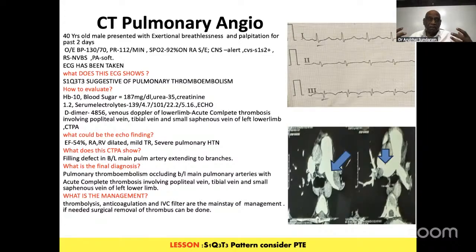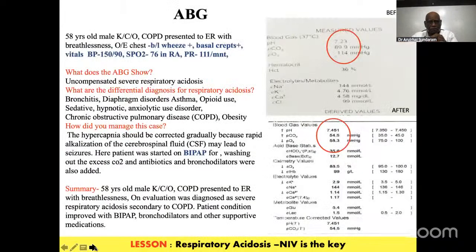If recurrent thrombi keep coming up, you'll have to put a filter in the inferior vena cava, because from the leg it comes to the IVC, and from there it goes to the right atrium and then the right ventricle. You can block it just below the renal veins with an inferior vena cava filter. Now the importance is, in chest pain or breathlessness, always keep in your mind that pulmonary thromboembolism can be diagnosed and managed.